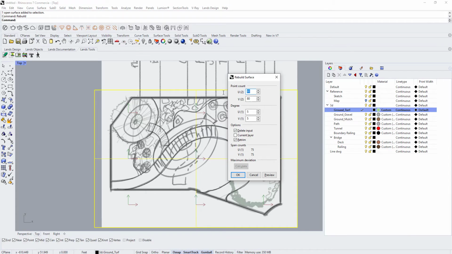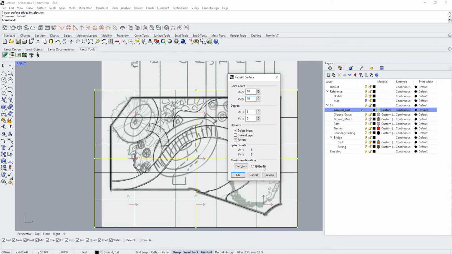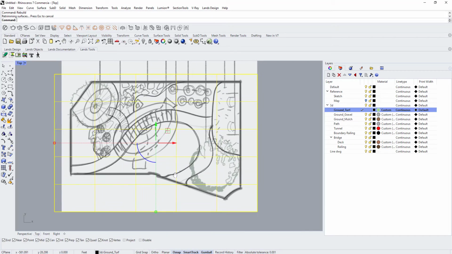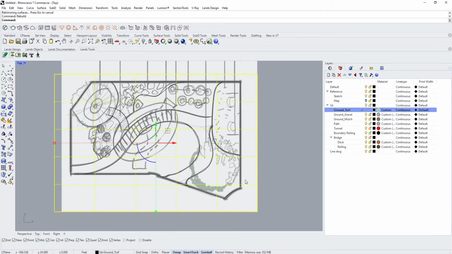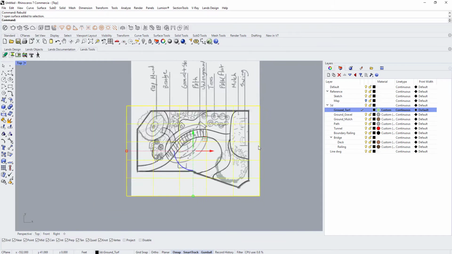So let's say I might need 10 by 10 subdivisions, just like that, and I'll look at the preview. I think I am good to go with this, so I'll press enter, and that will make it subdivided into 10 by 10